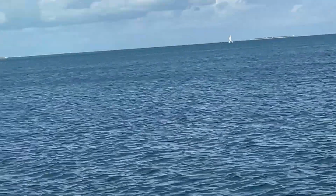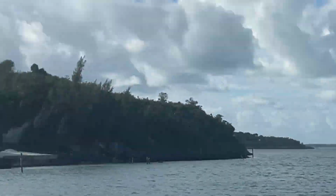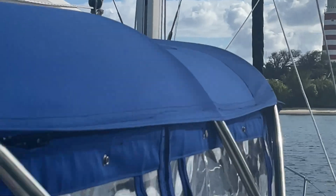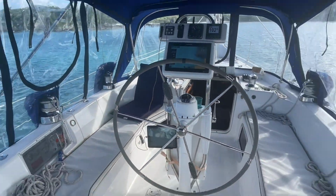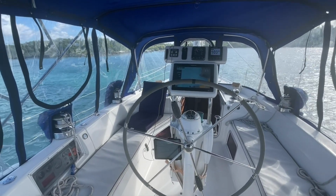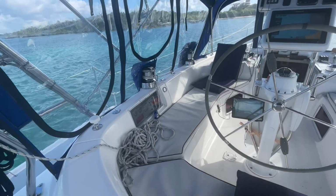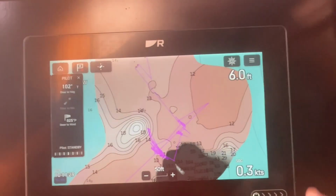And back in the little nook that we found before that we liked so much. We're 9 knots, 10 knots here, 6 feet 1 inch, and we're done. We are happily back at Hopetown,